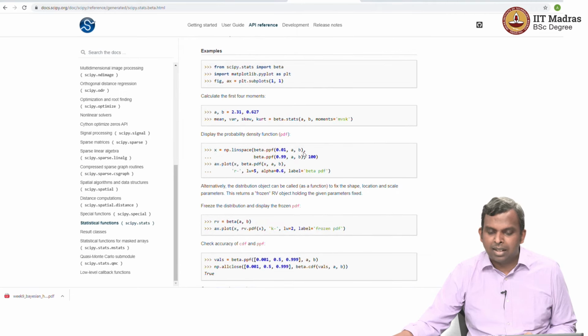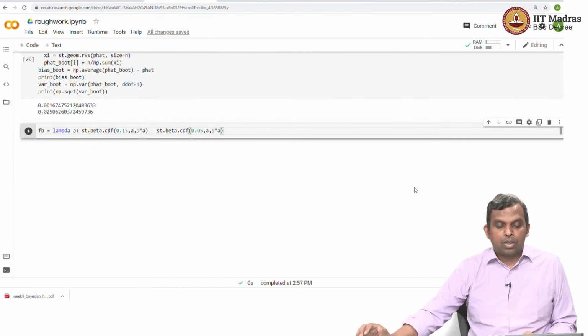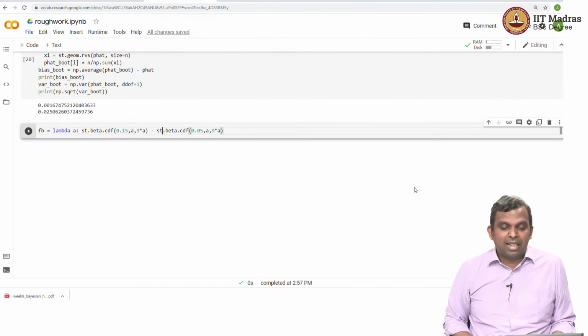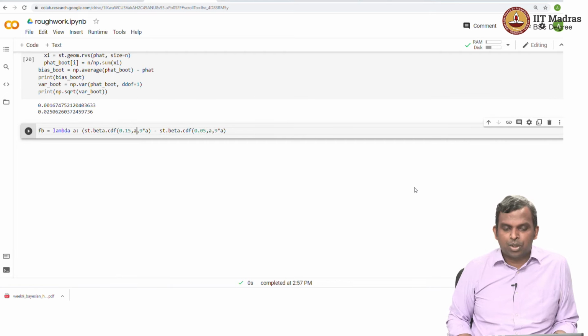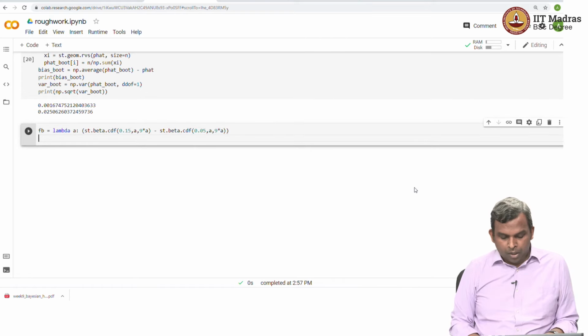I think it is just AB. Yeah, I think it's just AB. So it's good. So this is my function. This basically defines a quick function for me. Or maybe I should put a bracket here just to be sure. Okay. So now I can try to evaluate